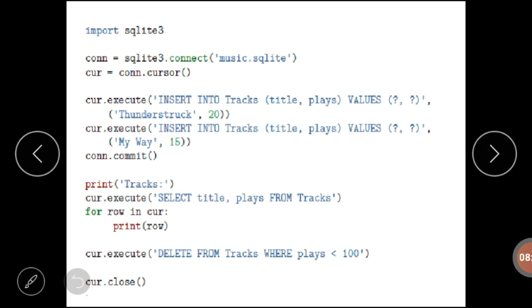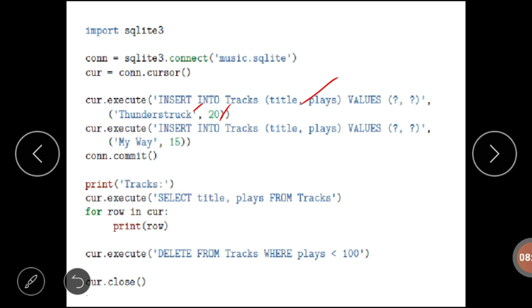In this program, we are inserting the first record with the SQL command INSERT INTO tracks, that has two columns, title and place, and values with question marks, and the values of that first row: title thunderstruck, and place 20.